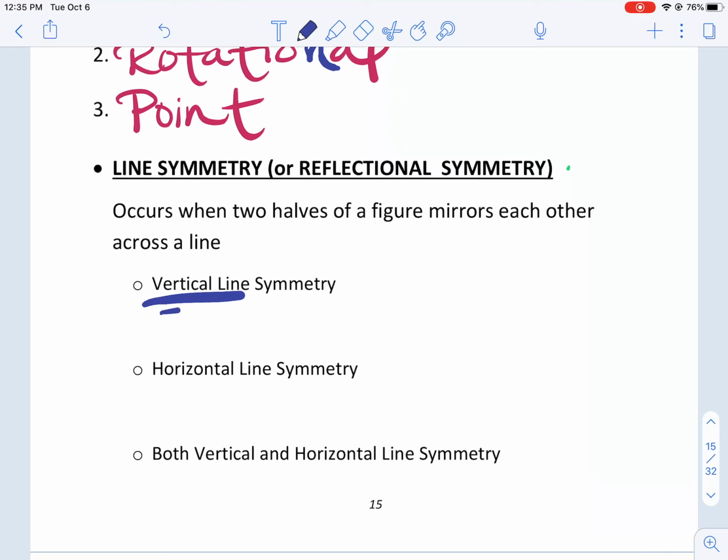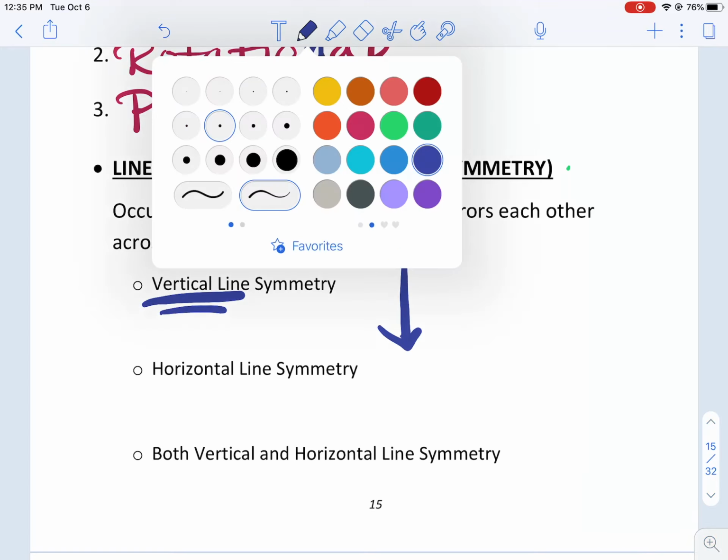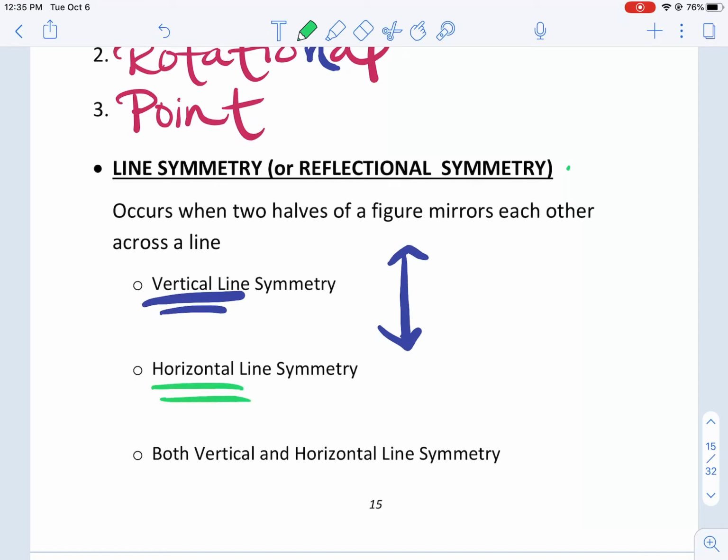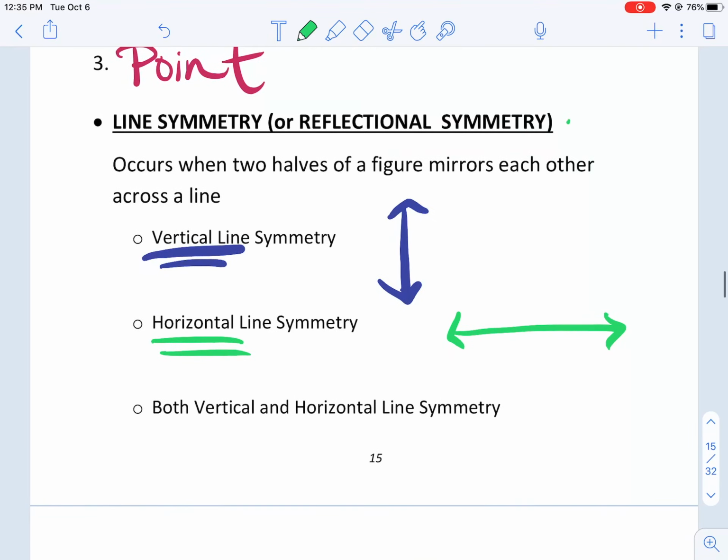Vertical line symmetry, which I already showed you guys, is when we fold a picture vertically and it mirrors each other. So I'll do examples in a minute. Horizontal, just like the horizon, is when we fold this way. And then if it has both, which is sort of cool, we can fold it vertically and horizontally, which actually